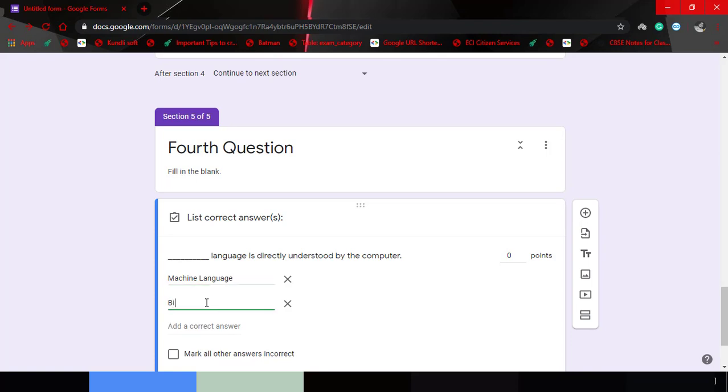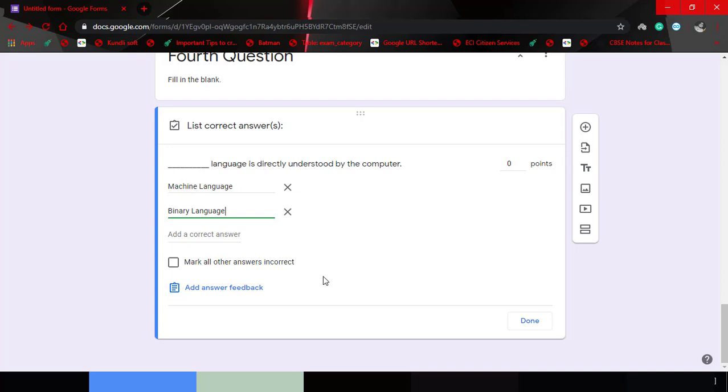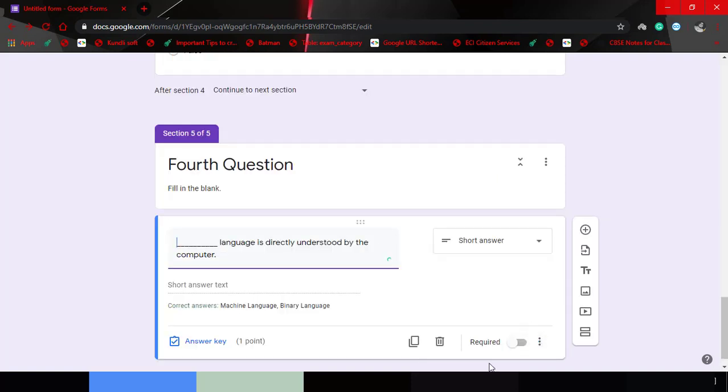Like I have one more option for that, I can write it as binary language also. Fine. Then I'm clicking on this one, that is mark all other answers incorrect, and then over the side you can write the marks. Done. And then you have to make this field a required field.